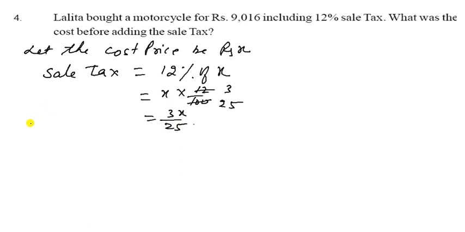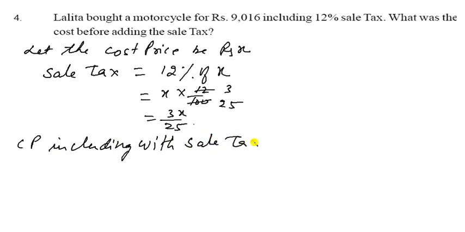So the cost price including sale tax, that is x plus 3x upon 25. So we can take the LCM, it is 25. So 25x plus 3x. So we get